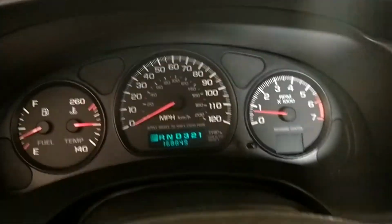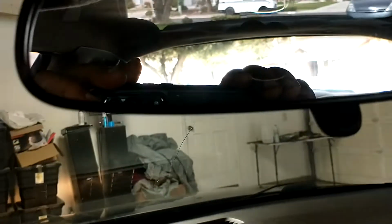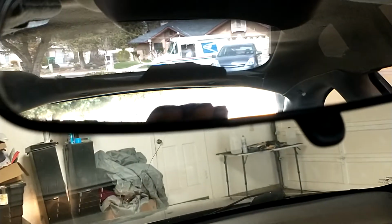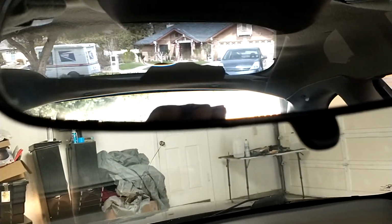And I see the postman in the mirror. You see him back there? You see him? See the postman? That might be my parts, man. Might be my wheel bearings back there. See the postman? Postman,